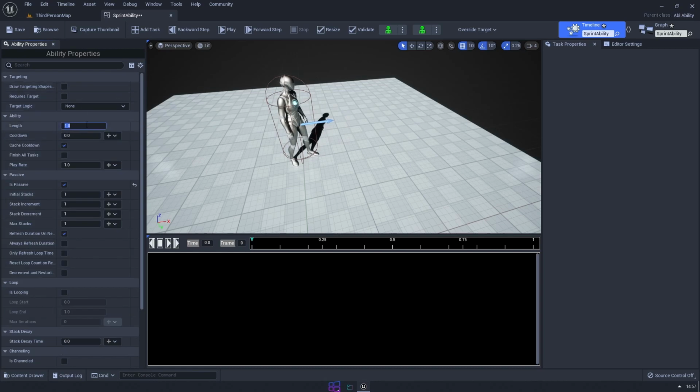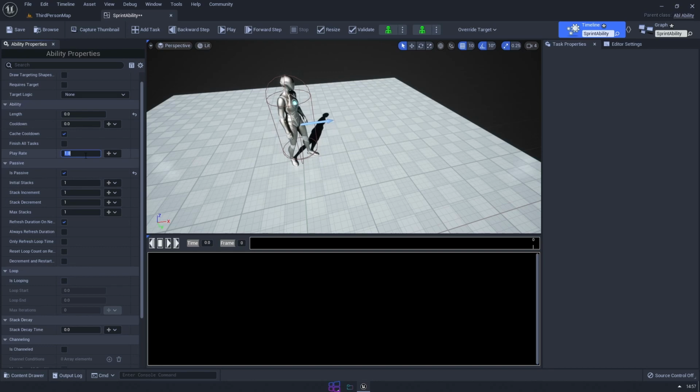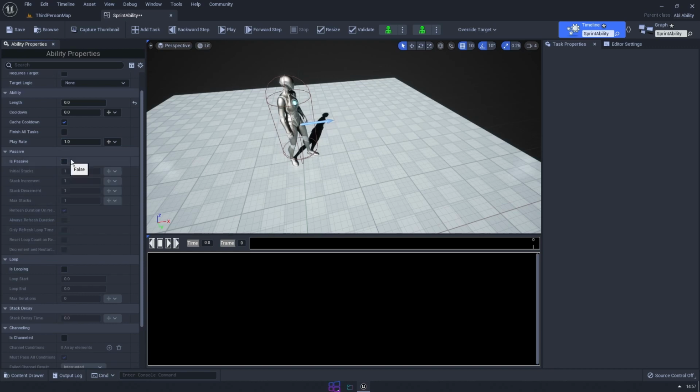We also have the length of the ability, so we can change how long it is. We have the cooldown. We have these dynamic bind values. We'll talk a bit more about those later. We have a play rate, which is your attack speed effectively, how quick the ability is happening. We have is passive,